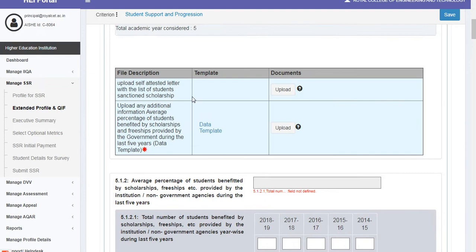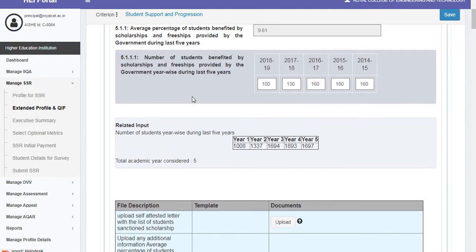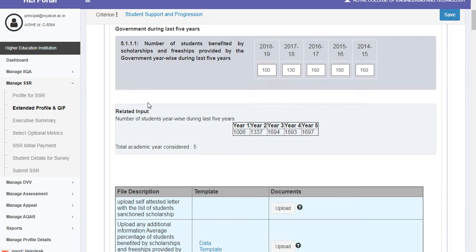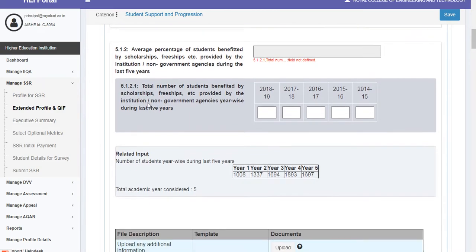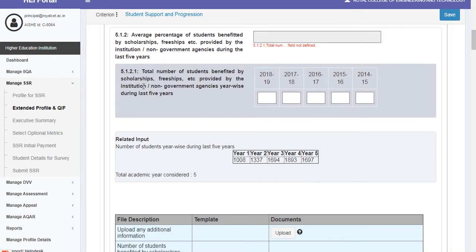You can see here in metric 5.1.1, it is scholarships and freeships provided by government, which can be state or central government. But in metric 5.1.2, you have to provide the number for scholarships or freeships provided by your institution or non-government agencies only.